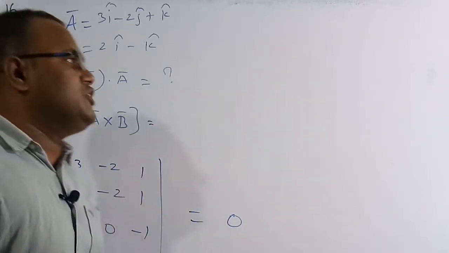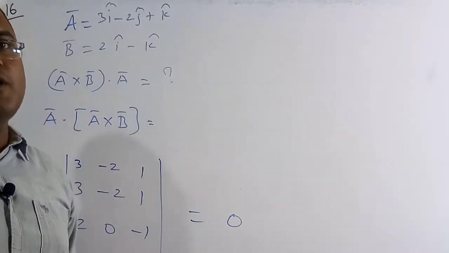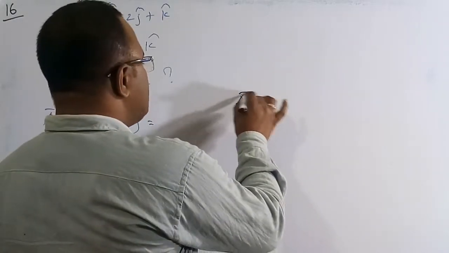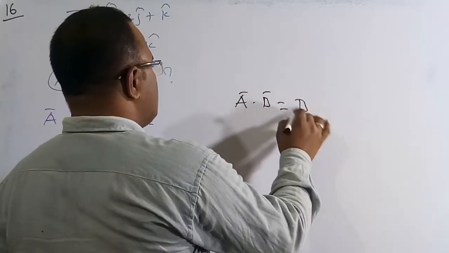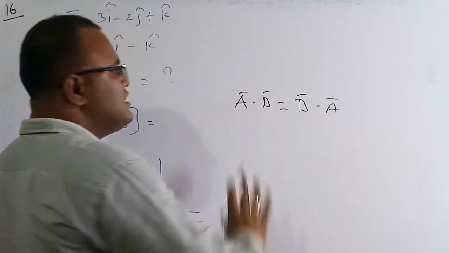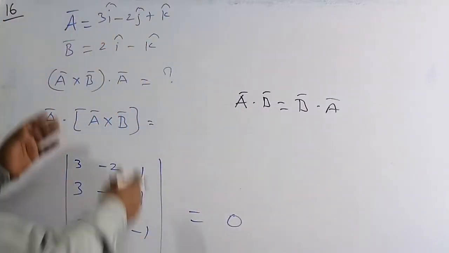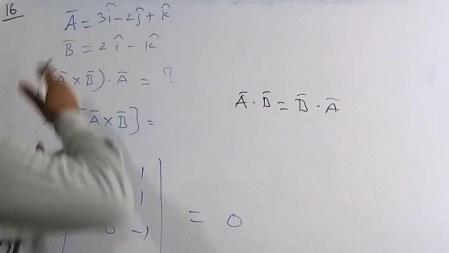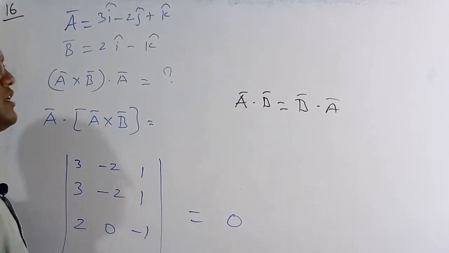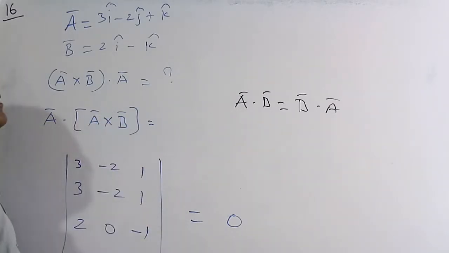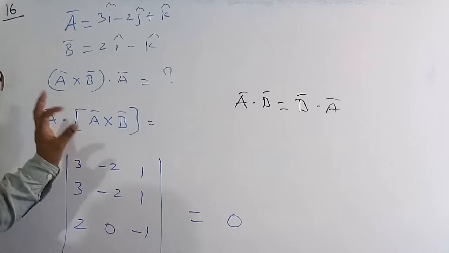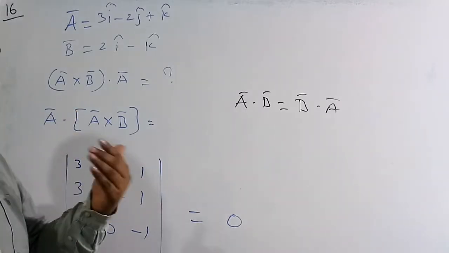Always the dot product is going to satisfy the commutative property, which is a bar dot b bar is equal to b bar dot a bar. So therefore you can go for any of the processes, still you are going to get the same result. So same thing I am going to do, which is I am going to write in the reverse manner for the dot product. So therefore I am going to get a bar dot of a bar cross b bar. So here this is basically a scalar number. It's going to give you a pure number.